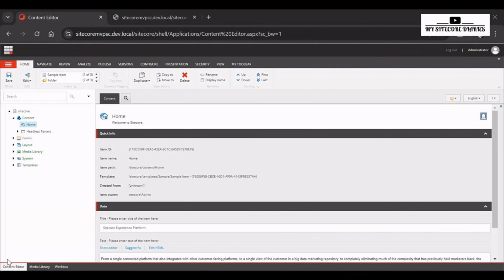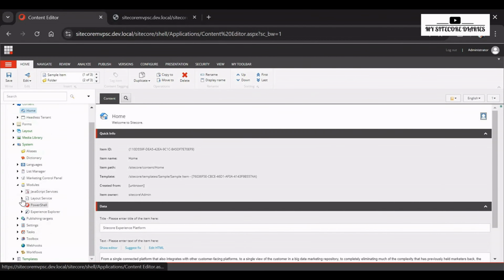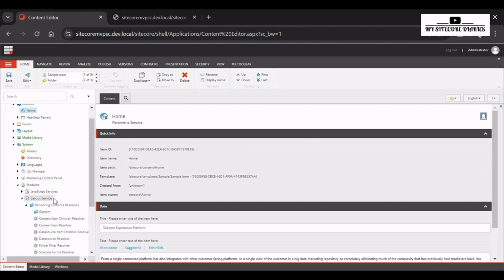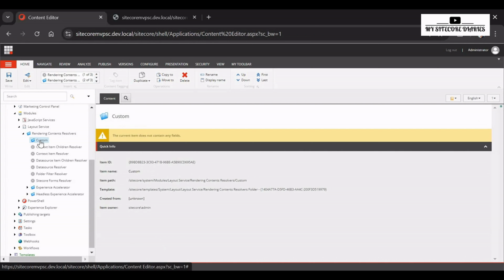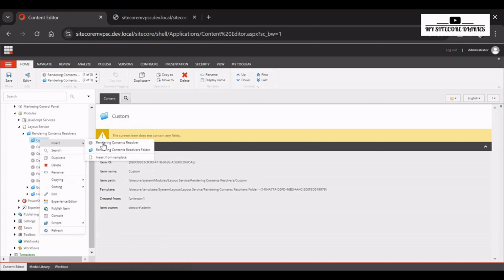So guys, I have loaded my Sitecore instance. I have put the DLL into the bin folder. So let's do the setup in the Sitecore environment. We'll go to System, Modules, Layout Service, Rendering Content Resolvers. I have created one folder custom, and under that custom folder, I will create one rendering content resolver item,